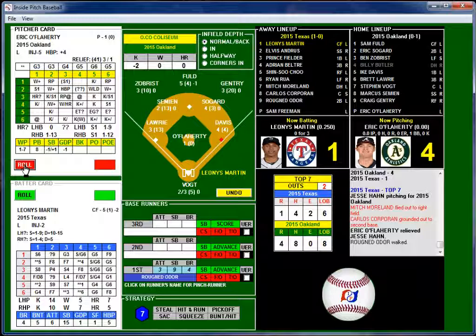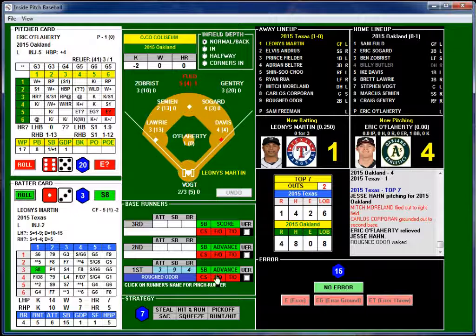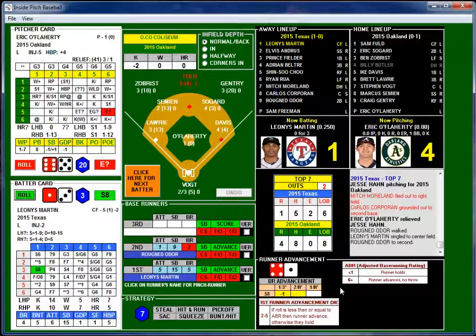Let's see if O'Flaherty can get this guy out. 65 error possibility. 1-3. That's going to be a single into center field. No error. If roll is less than or equal to blah blah blah. No. So no first to third.